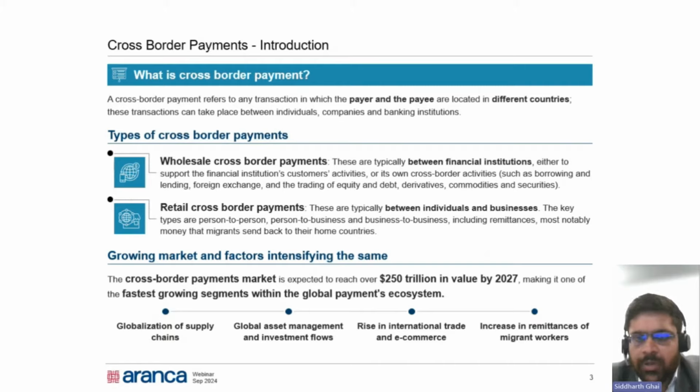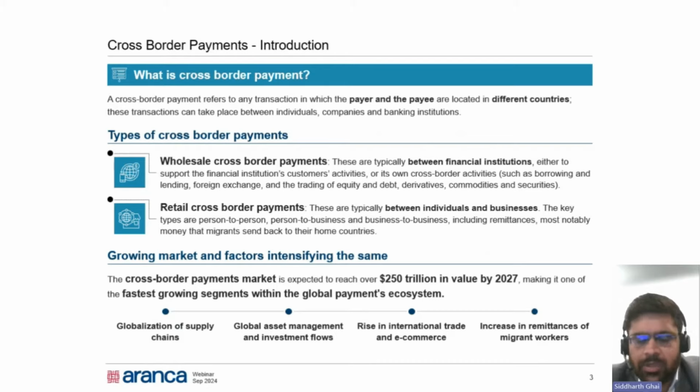Wholesale cross-border payments are payments that are generally between financial institutions. These cross-border payments are generally to do borrowing, lending, foreign exchange, derivatives. So these typically happen between a bank, for example, a bank in India and a bank in Singapore. These transactions that happen between two financial institutions placed in two different countries are generally known as wholesale